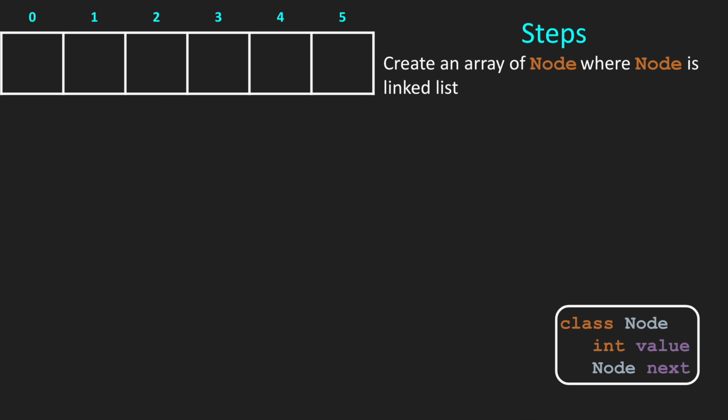The first step is that we are creating an array of nodes, where a node is a linked list. So for example, let's say that we have a class Node here and it has two fields. The first field is a value and another one is the next node, which means that it's a singly linked list. It points to another node. So let's first start with the add function, and for the add function we are receiving a value which we need to add to our